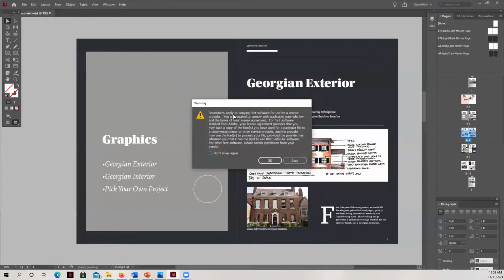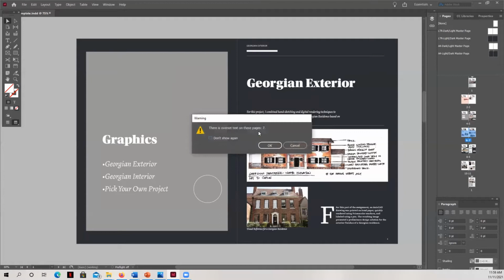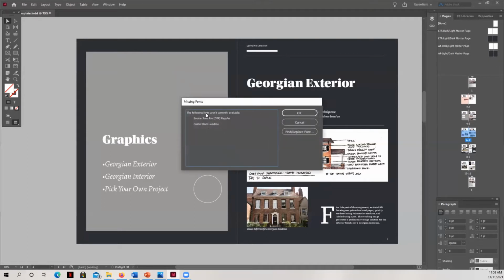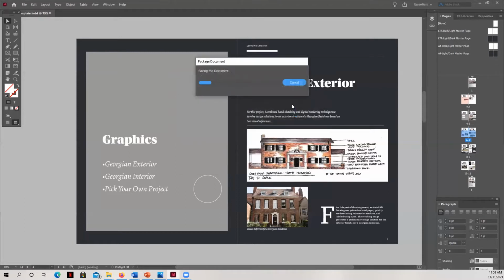And I'm going to hit OK. This is about copyright, which of course we agree to. This is saying that there's text kind of outside of the text box or outside of the page border on page 7, but it's not a problem because the text itself is on the page correctly. These are some fonts that were not available for my computer for this InDesign template, and that's okay because I've substituted them. And so it's going to create this PDF,